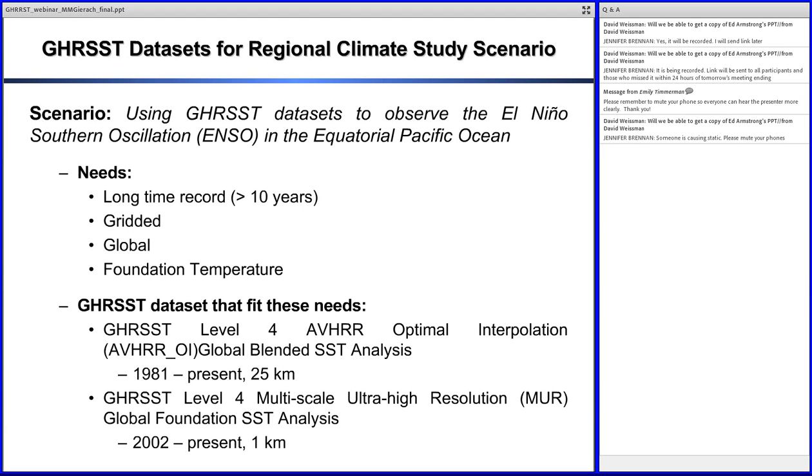And a foundation temperature, as Ed mentioned, which basically is consistent across each GRIST data set, wherein you're removing that diurnal warming effect. So the two GRIST data sets that fit those scenario needs are shown there. The first one being this level 4 AVHRR. AVHRR is a sensor. It's an optimal interpolation global blended SST analysis. As you can see below, it extends from 1981 to present, and it's about 25 kilometers in spatial resolution and